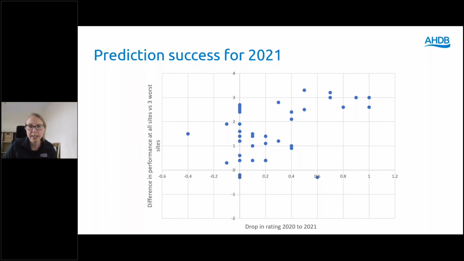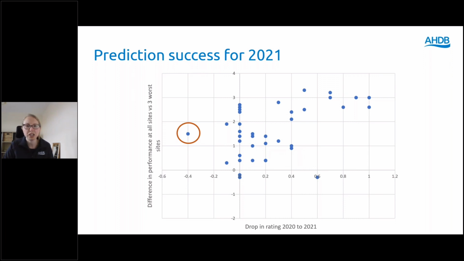So for example, we can see there are some varieties where there's a large difference on the y-axis, but no change in rating, these ones here. And also some races might be a problem one season and then fizzle out the next. So this variety here, for example, is an oddity. And what happened here is that in 2020, this variety overall performed fine. It had an overall RL rating of 6, but at 3 sites it performed worse, giving it a rating of 4.6 just based on those 3 sites.